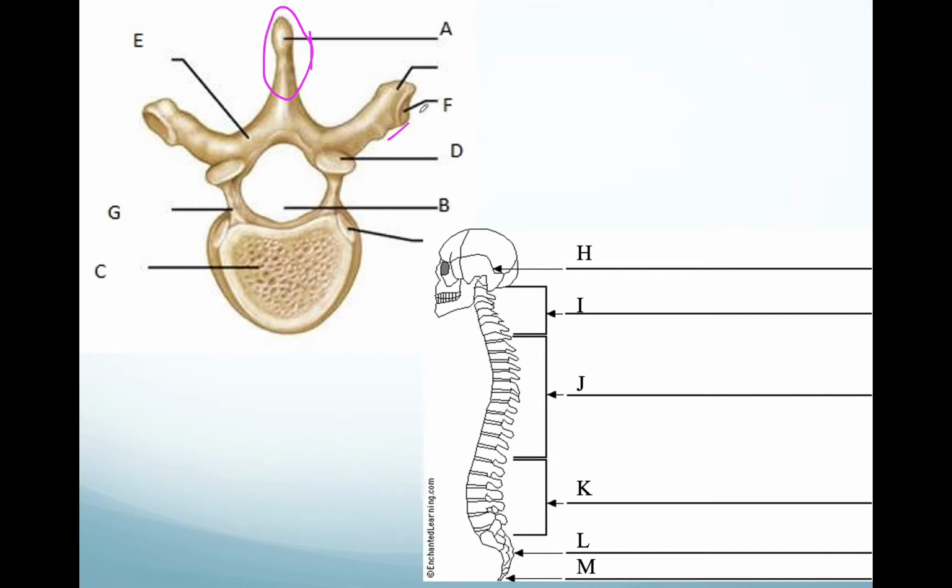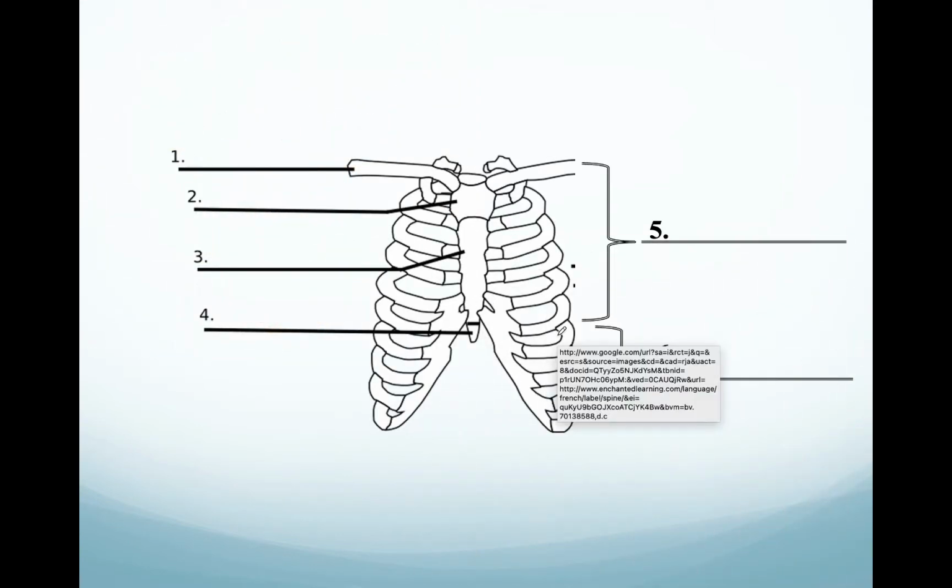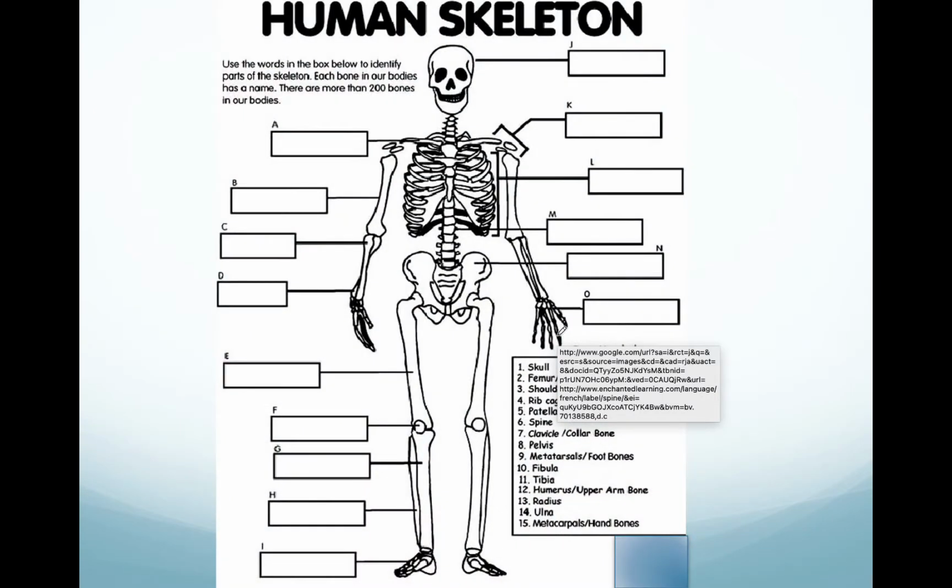This would be your transverse process. Then you've got some facets in here, like here. You've got that guy there, and you've got that guy there. All of those features are going to be on your bones list. So go ahead and go through and try to quiz yourself and see how much of this you know before you really dive into the axial and appendicular skeleton